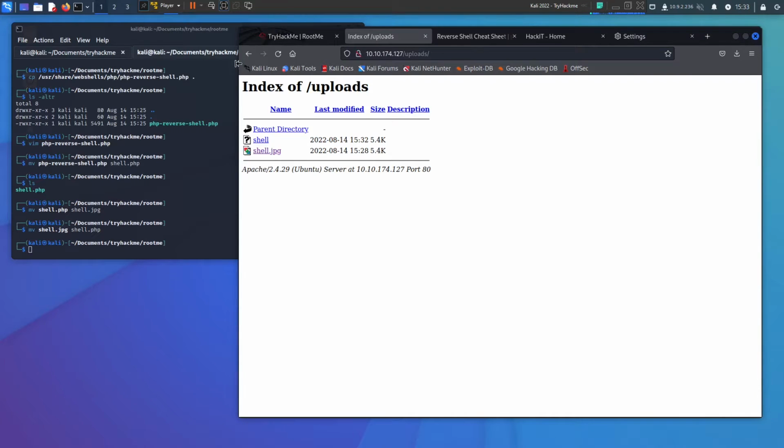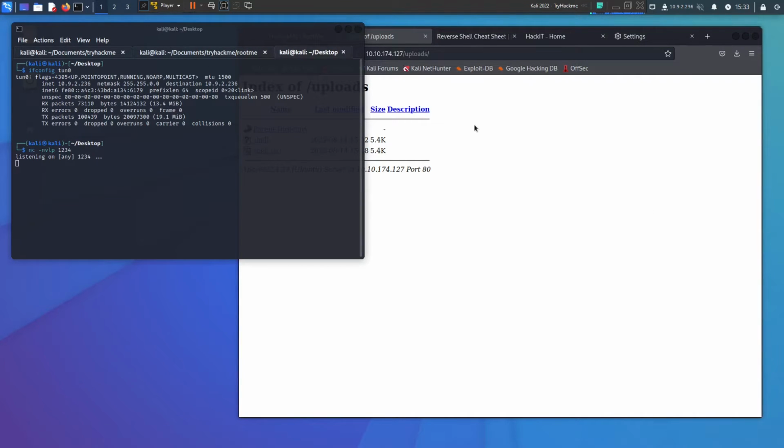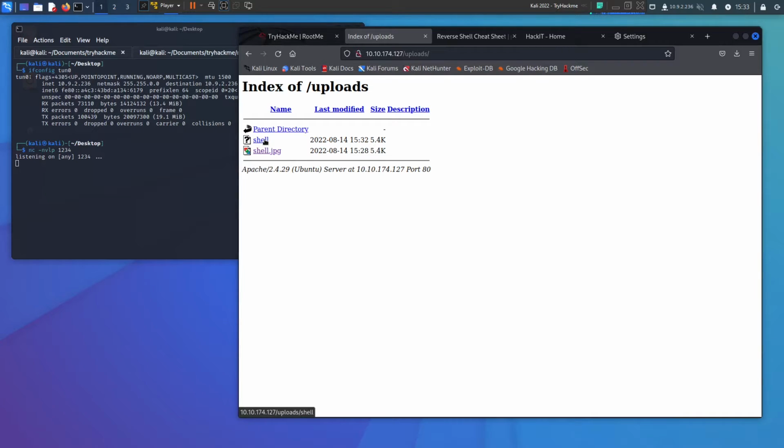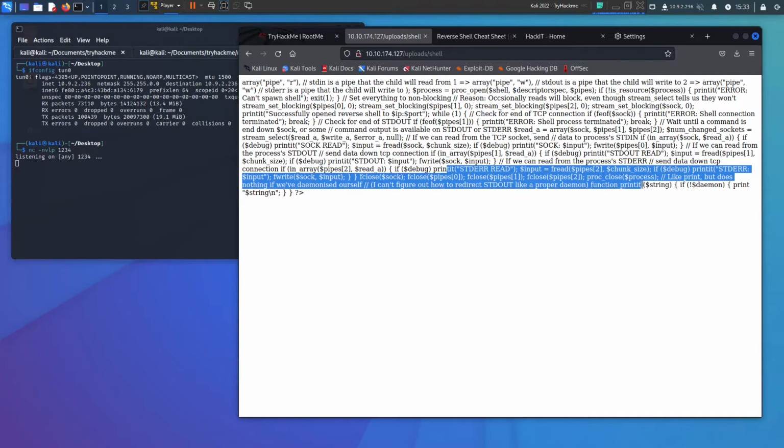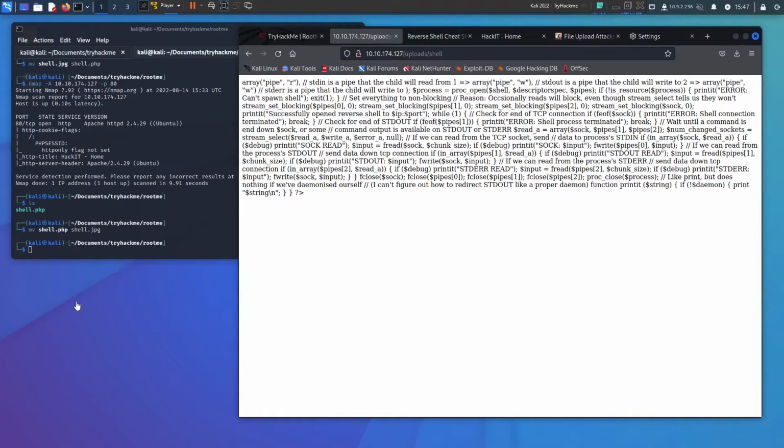Minimize the Burp window, and go back to where we're still listening, and I will try executing by clicking this, and we just get this. So that also was not the right method. Alright, so that's not reading as PHP, so we can maybe try